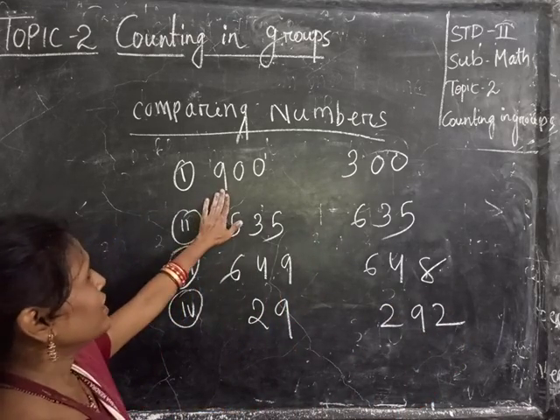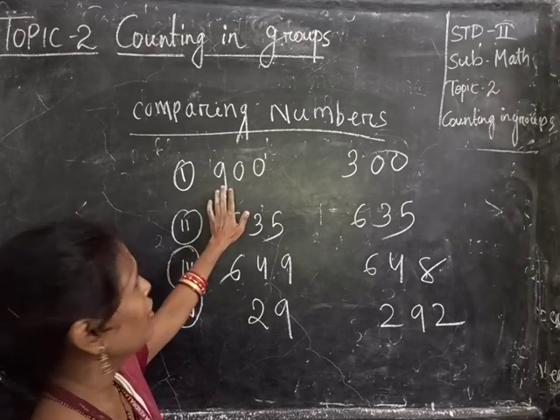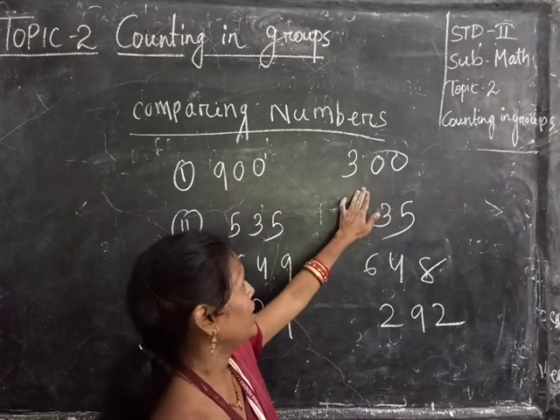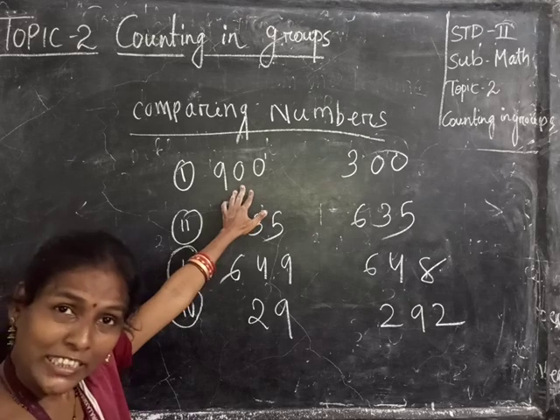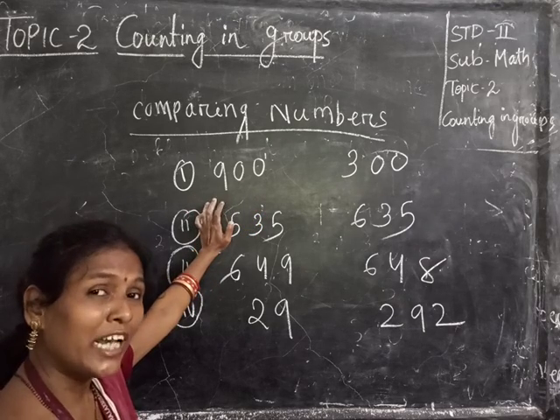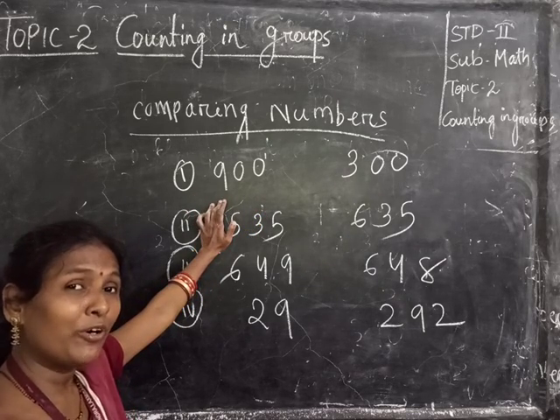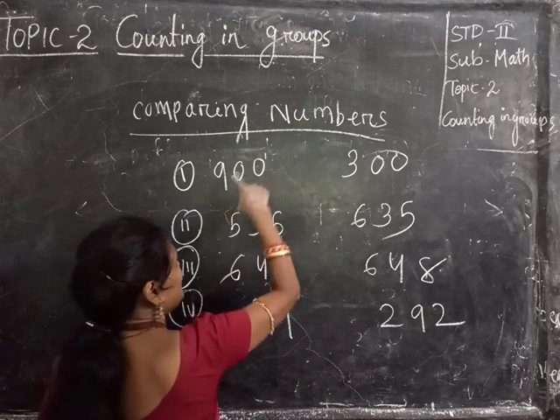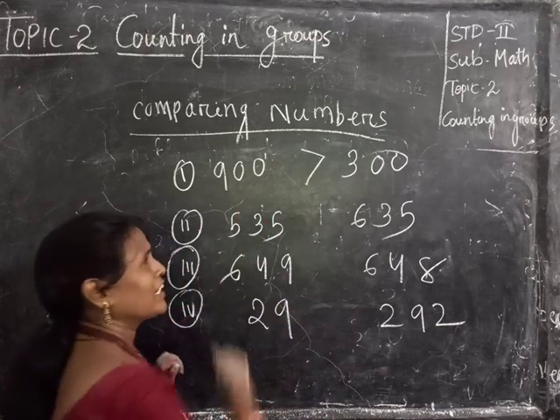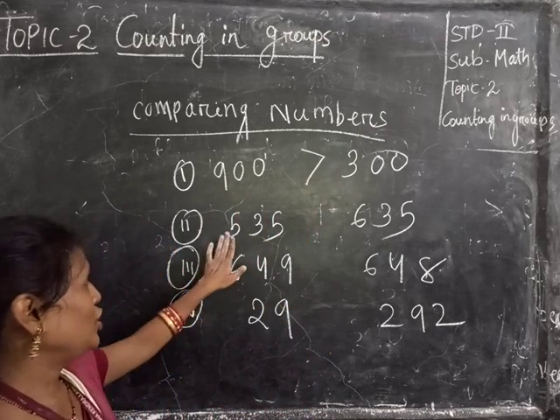So here you see, that is your 100 place, and here also 100 place is there, and the other 2 digits are same. So tell me, students, which sign I'll put? Which rule I told? Yes, this is your greater number, greater side. Okay, next is your next question.